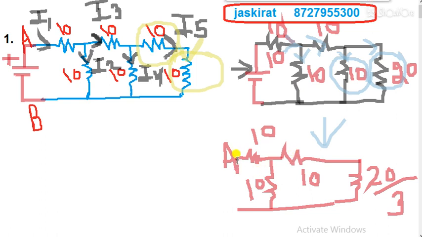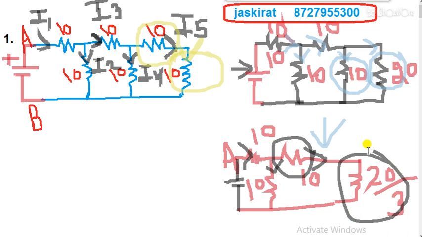After 2-3 questions you will realize how to solve the question. So let's suppose I connected a battery here. Current I1 is coming in this branch, I2 is coming in this branch, I3 is going in this branch. So current I3 will be flowing through this resistance, and the same current will be flowing through the 20 by 3 resistance. That means after this I will draw a circuit where I have a resistance, this one 10 ohm, this resistance 10 ohm, then I have a combination of these two series resistances, that is here.